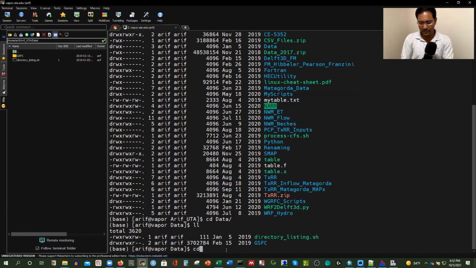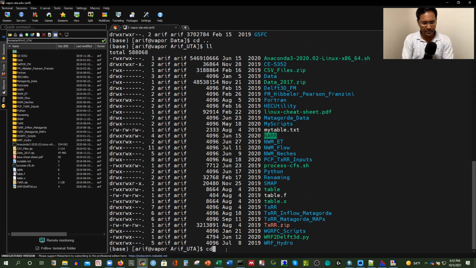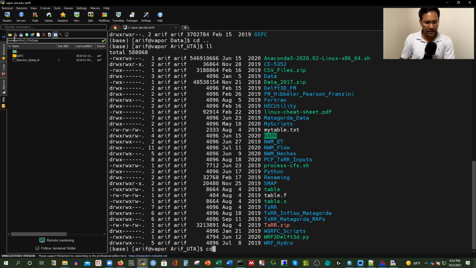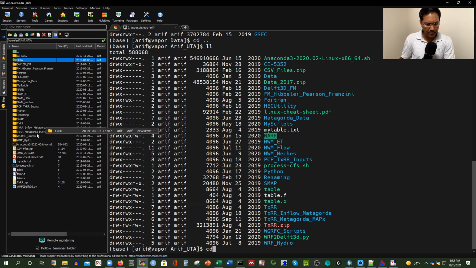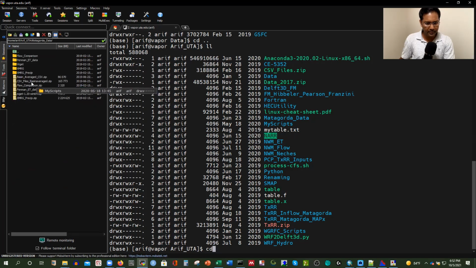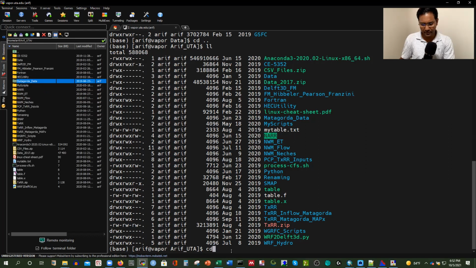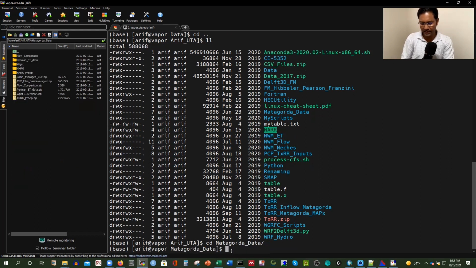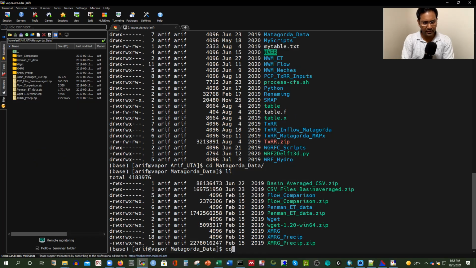It should be inside XMRG, right? Can you see any XMRG there? It should be the data and XMRG. Where is that? Oh, HEC utility. It should be inside. Oh, I have all this script. It is not there. This one, inside data, it is not there. But I can tell you one thing, that it is this one. This Matagorda data. Inside that Matagorda data, because it is for that one,